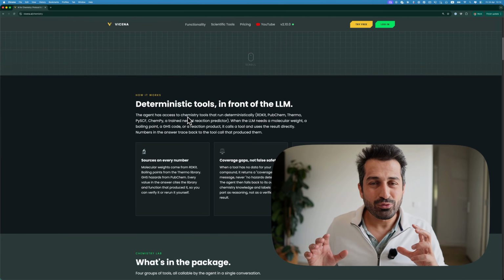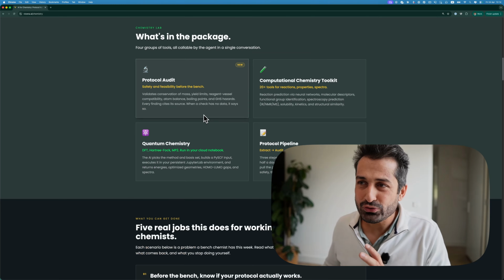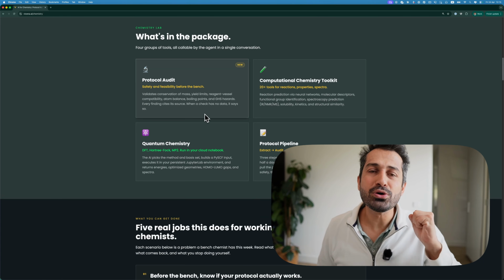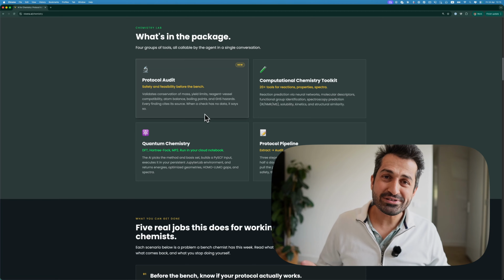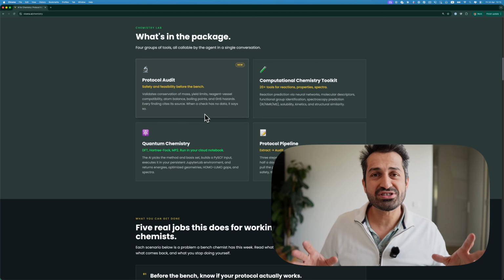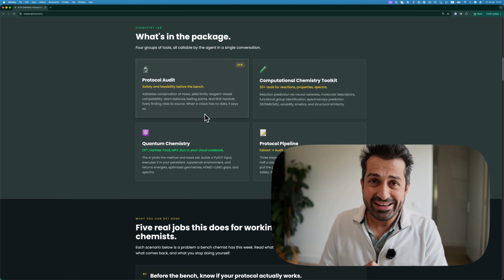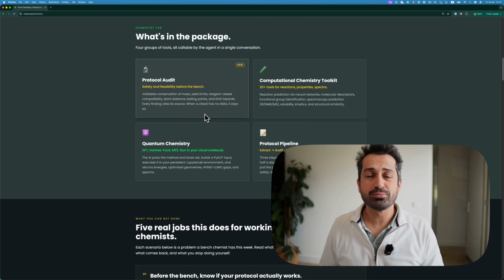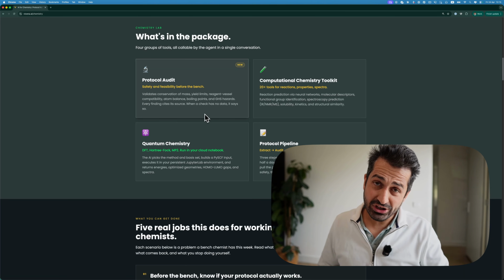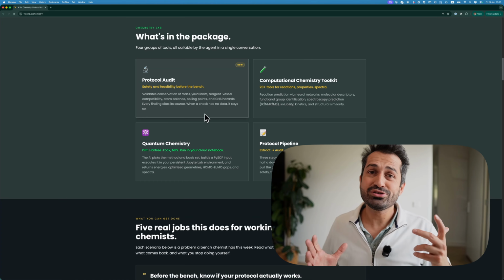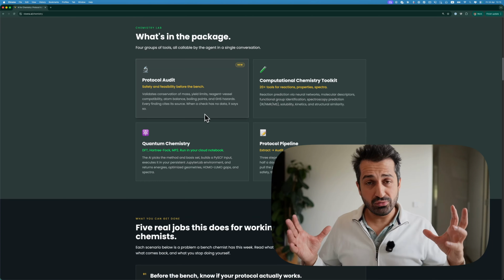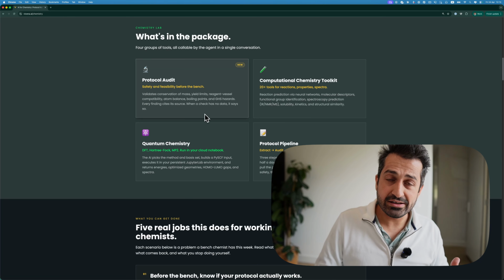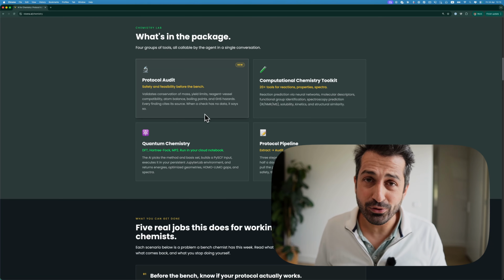Here, what is there? I want to just run you through it without wasting your time. We developed a new concept here, from the times that we used to do mathematics, theorem provers and theorem proof checkers. We took that concept that you can automatically check through a proof to see it follows the logic and the axioms and theorems. Here you can do that for protocols. When you design a protocol, a workflow to synthesize something, you can check it beforehand.